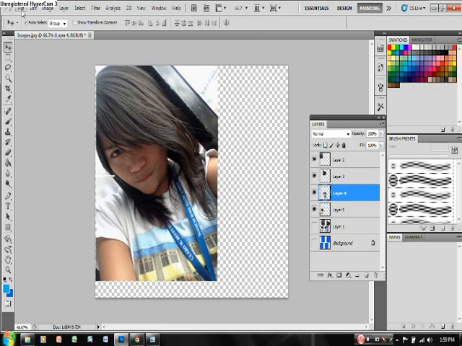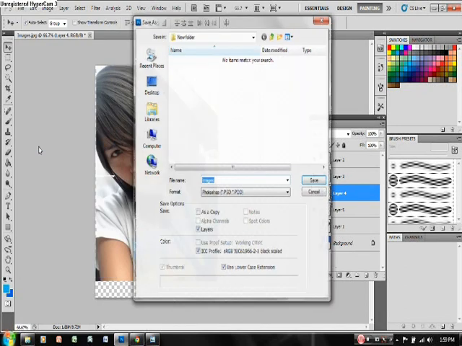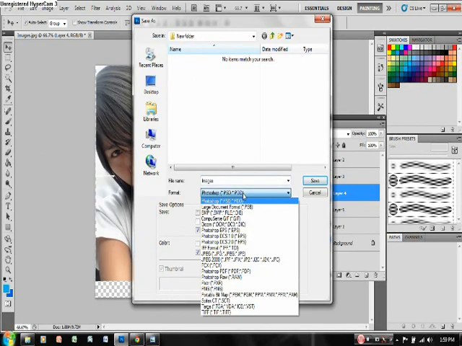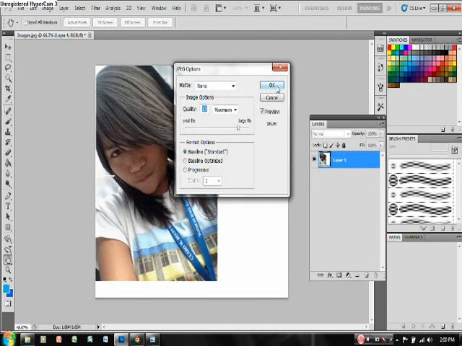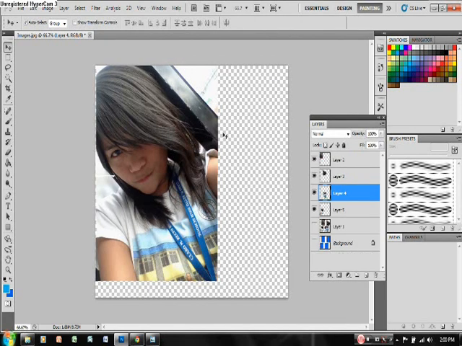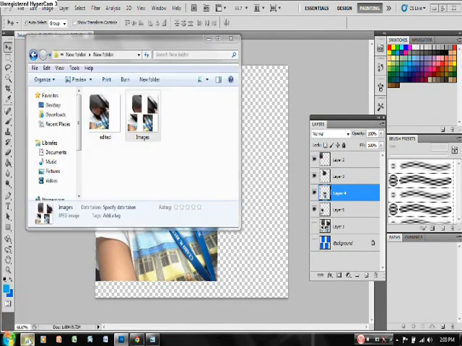Okay, let us save as, then select the format if you want a format. There are so many options here: Photoshop, JPEG, PNG. So if you want a JPEG, select the JPEG. Then the file name, the edited. Okay, save. Then click OK. Now let us see the finish. This is now the picture.